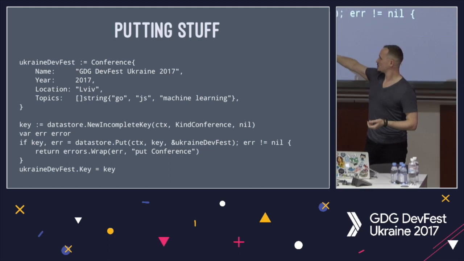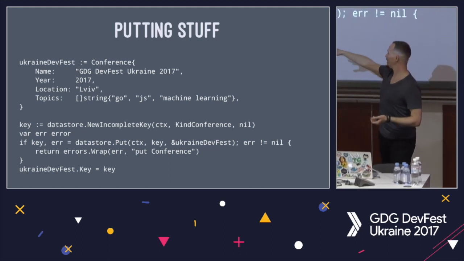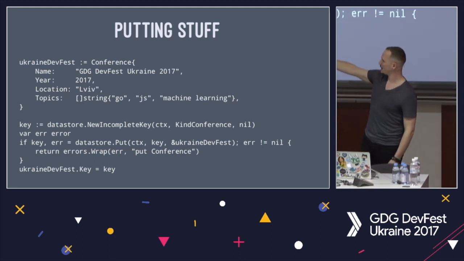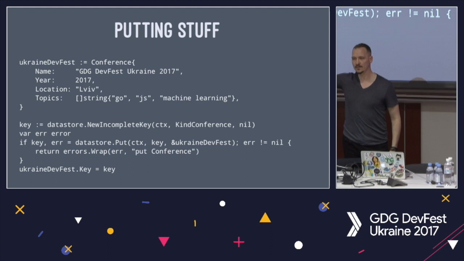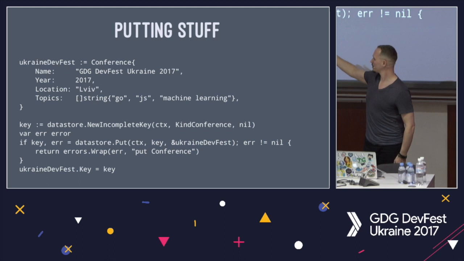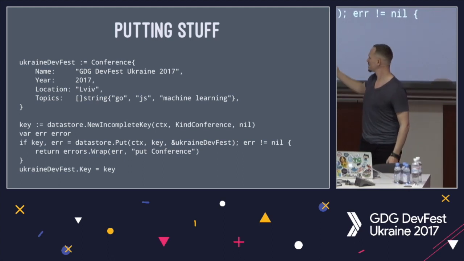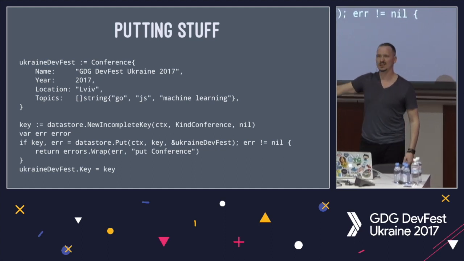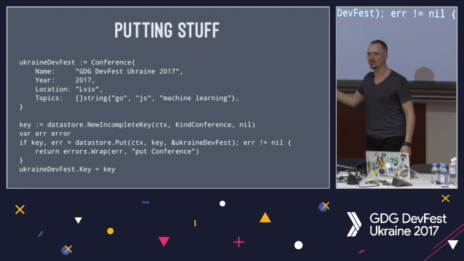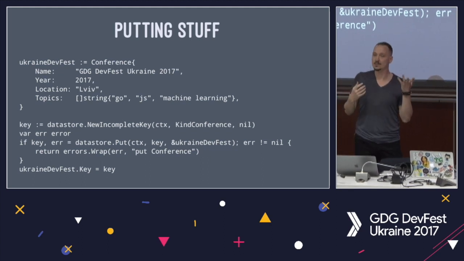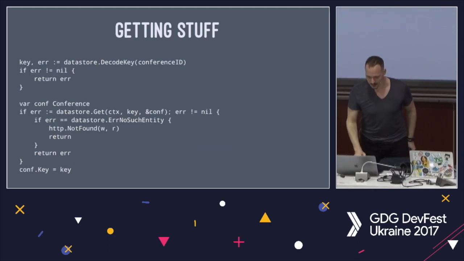Then I just call datastore.Put, pass in the key and a pointer to the object that I want to put in. And that's it. It's going to give me back another key. If it was an incomplete key, then it's going to give me back what the complete key is now, or an error. Things do go wrong sometimes. And then, after I've put it, I set the key immediately on the object, because usually I'm going to then want to return it or use it somewhere. So, since there's this disconnect between keys and entities, that is something you have to do. You have to manage keys in this way.